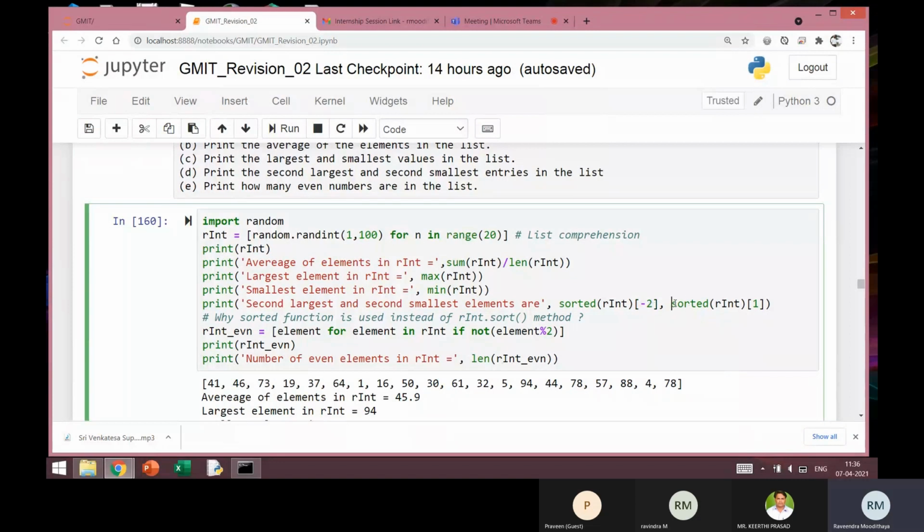Now, what will be the second smallest value? The second smallest value will be the second value in the list, so I can give +1 as the argument. Remember, if I give 0 as the argument, that will be the smallest value. The second smallest will be the one sitting at index 1.